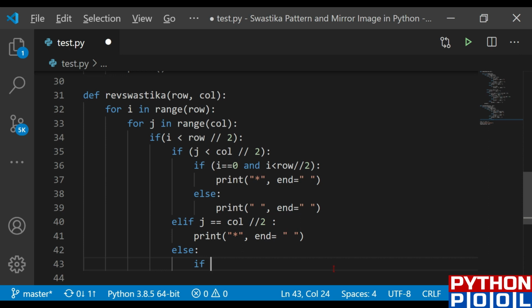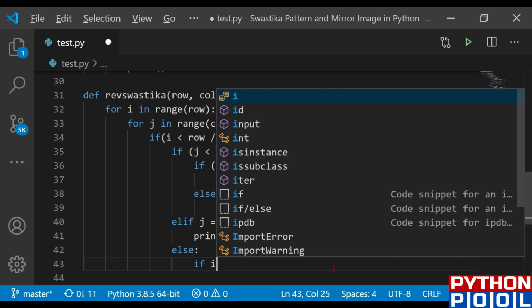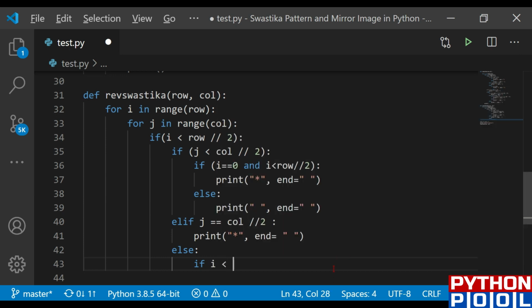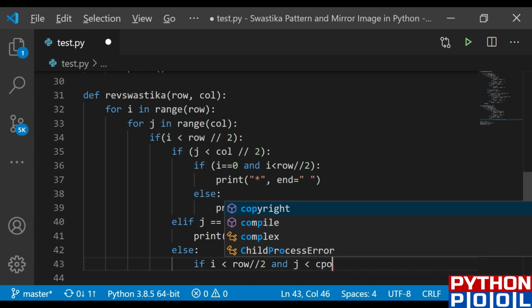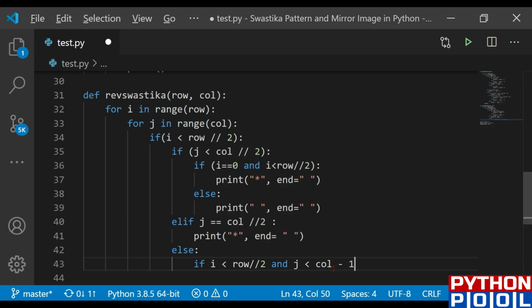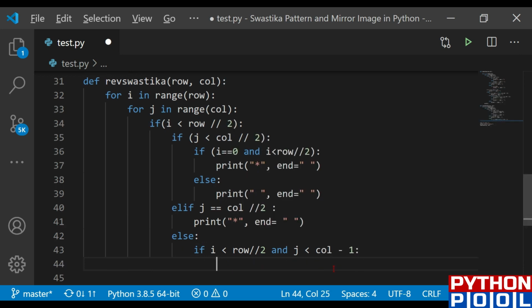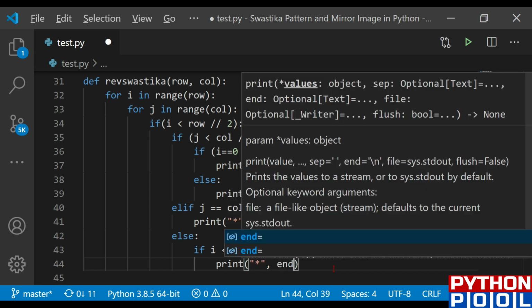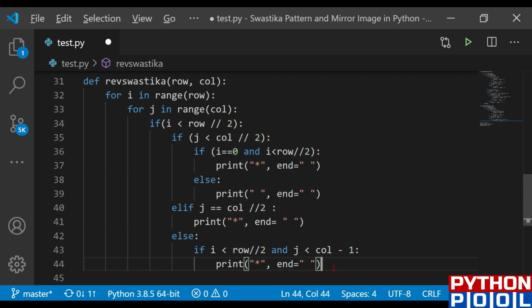Now I have a bunch of if and else conditions once again. So if my i is less than row by 2, and I have a specific condition, my j is less than column minus 1, as we saw in the previous function. Print star, and the ending should have a gap.